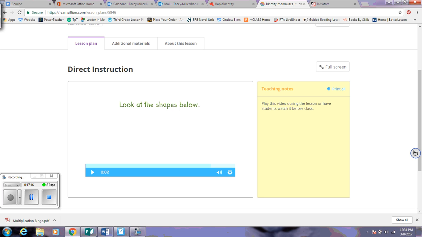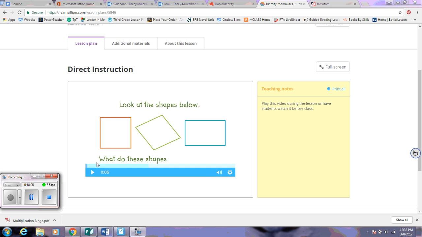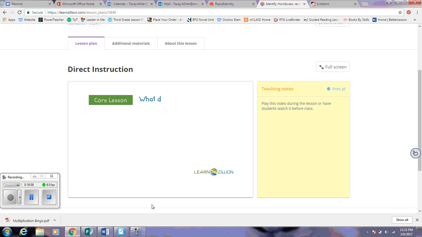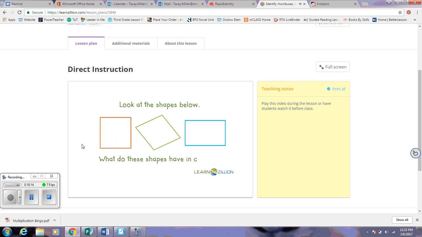Look at the shapes below. Okay, third time's charm. Has four sides. Do these shapes have anything in common? Alright, so let's do this first. Do these shapes have anything in common? Raise your hand. Aiden? Yes, the square and the rectangle do, because they